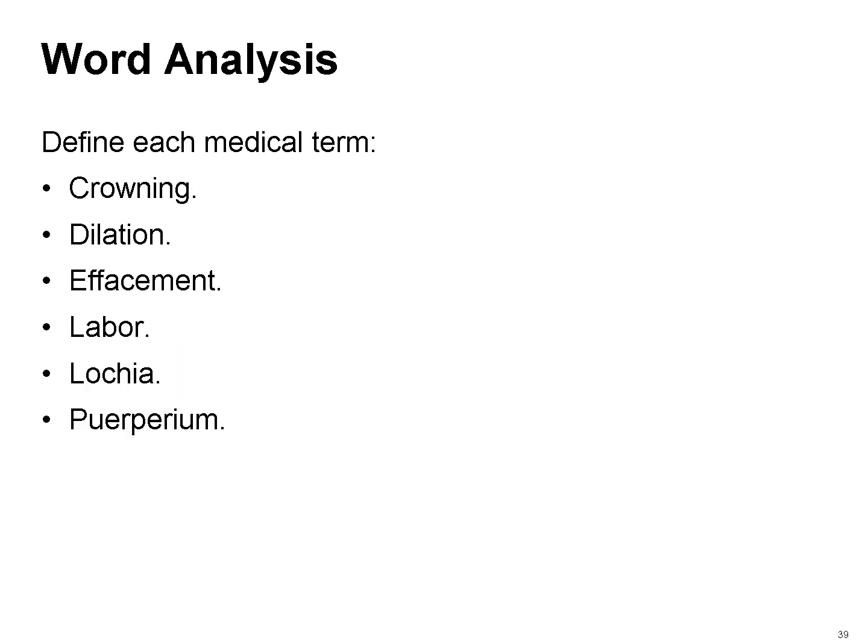Childbirth and postpartum recovery involve specific processes and terms that are crucial to understand. Let's define these key medical terms to enhance clarity and comprehension. Crowning. The moment during childbirth when the baby's head becomes visible at the vaginal opening, signaling the imminent delivery. Dilation. The stretching or widening of the cervix, measured in centimeters, to allow the baby to pass through during labor.